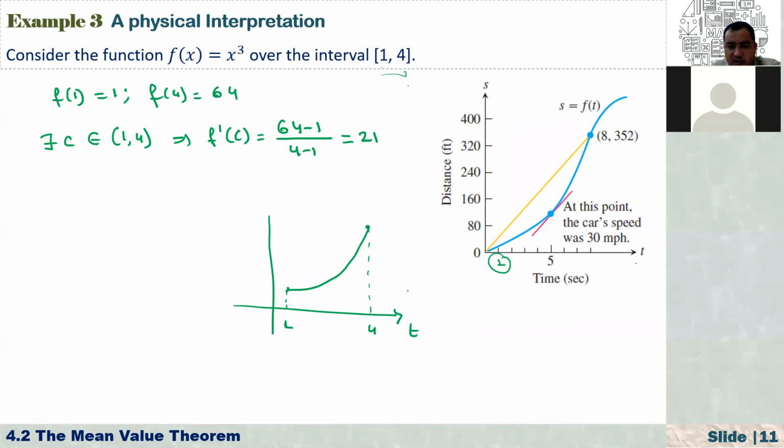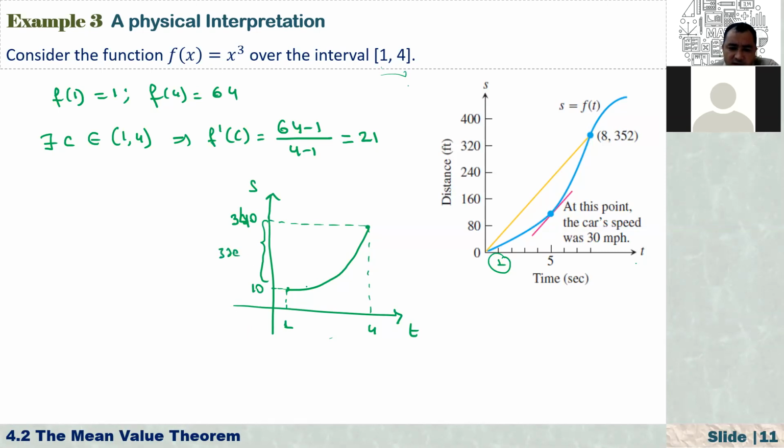And let's say this axis is time, and this one is distance. The first one, let's say it is 10 kilometers. And after 3 hours, let's say this one is 340 kilometers. So over this interval, you travel how much? In 3 hours, you covered a distance of 330 kilometers.